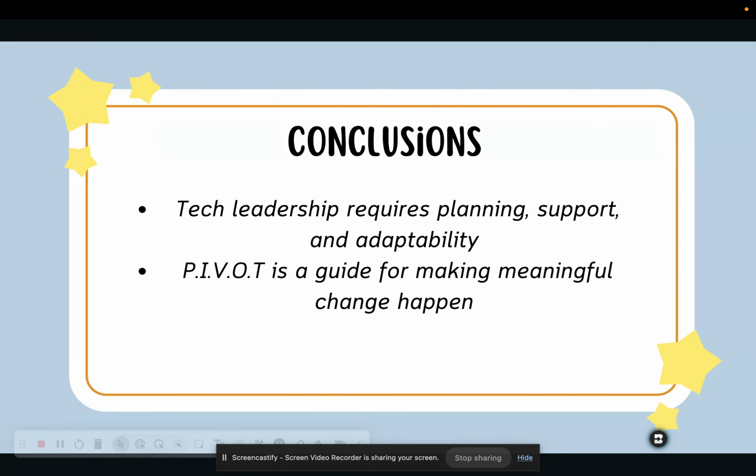To close, I built this model because I'm tired of seeing teachers left out of the conversation, and tech treated like it's a magic wand and a one-stop shop for everything. It's not. It's a tool. And tools are only as good as the people that use them and the systems that support them. The Pivot model is my way of recentering the conversation around people, purpose, and possibility. Because when teachers feel supported, heard, and equipped, amazing things can happen in the classroom.